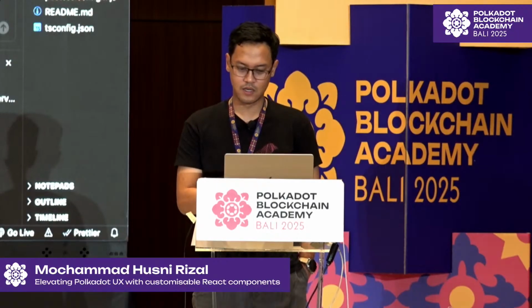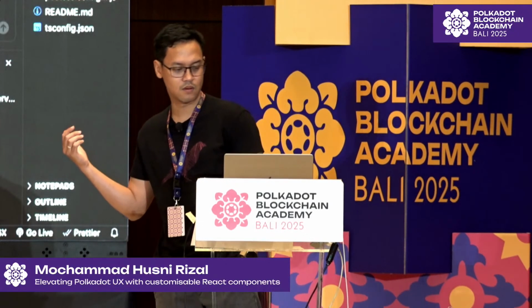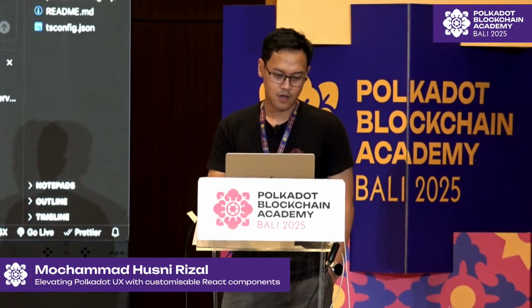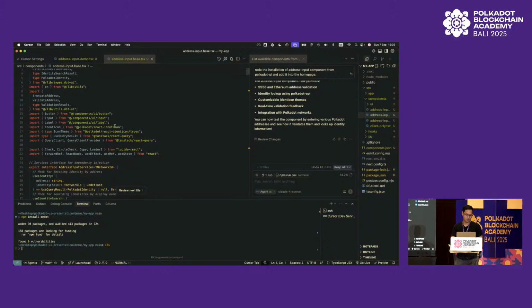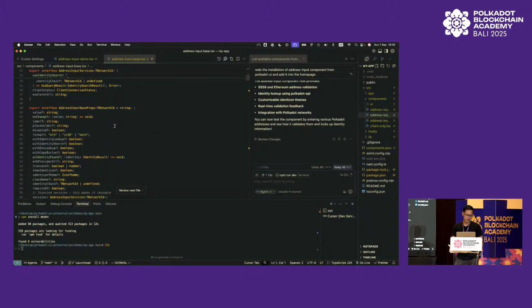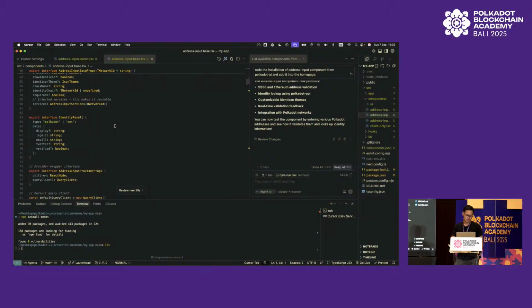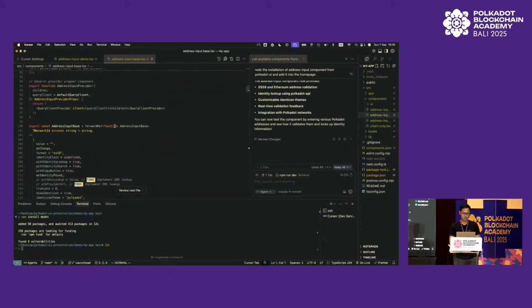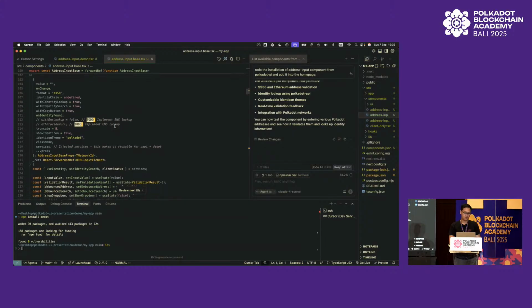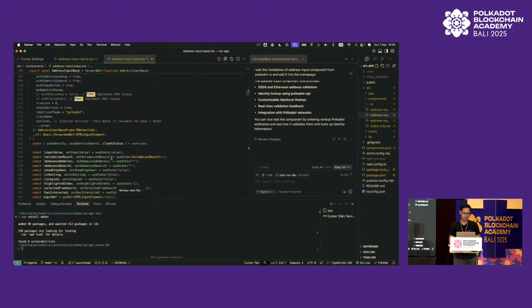When we do the install, the npx Polkadot UI add name of the component, it will just create or copy some JSX, I would say, TypeScript for React. This is something that we work on, and it will just copy onto your project, and you can just go here and see what you want to work with. For example, if you want to make a customization on your network, you can just go to, for example, the services, and I think it's going to be,